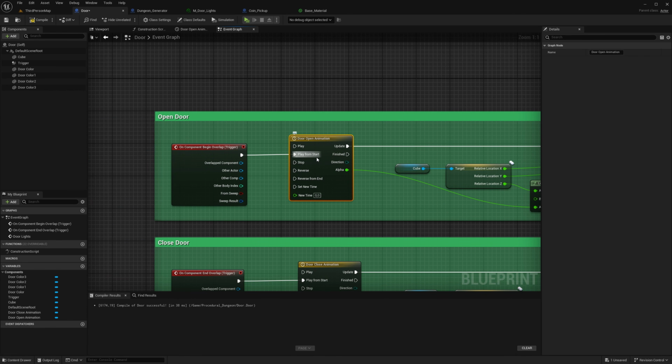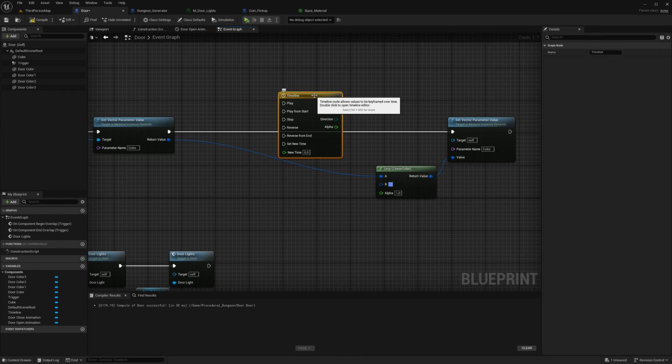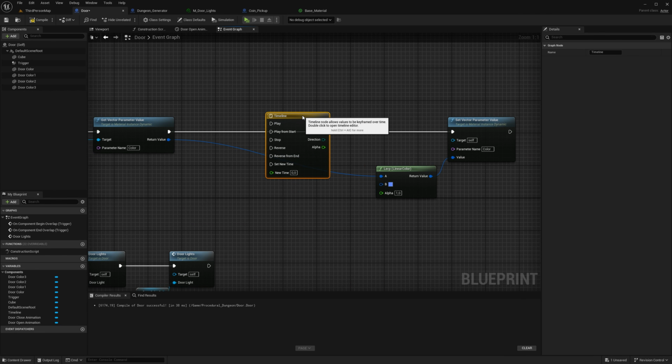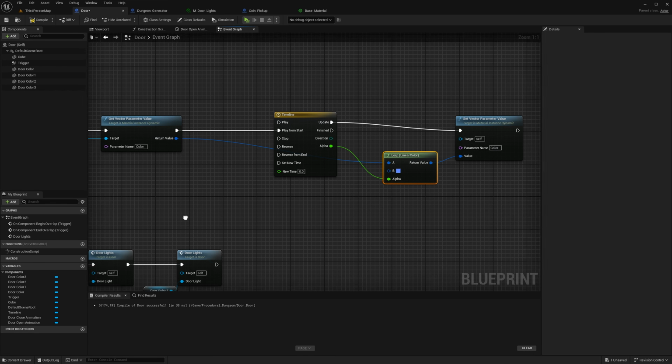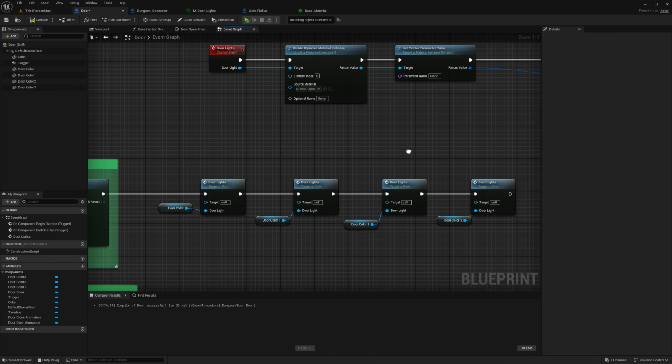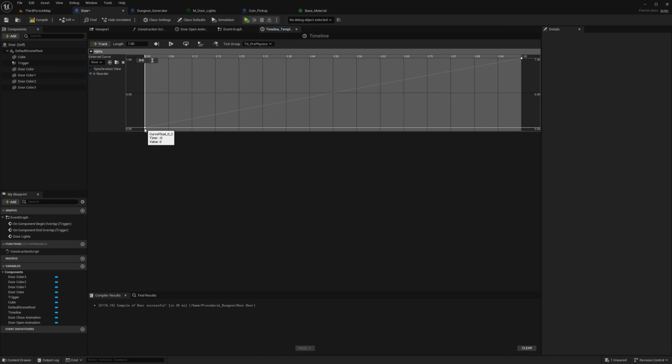So select this one, Control C, Control V, plug it in here, play from start, update like this, and plug the alpha down here. And you might be thinking, but this is color and the other one was location. But it doesn't really matter, because if you go into the timeline, it's just the value from 0 to 1 over 1 second. That's all it is.